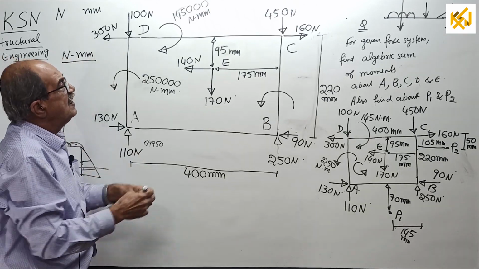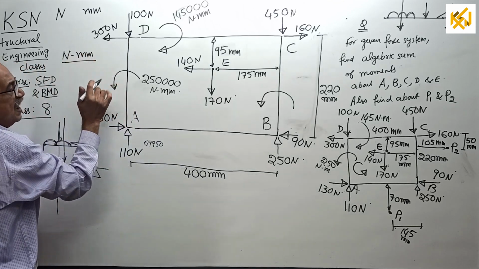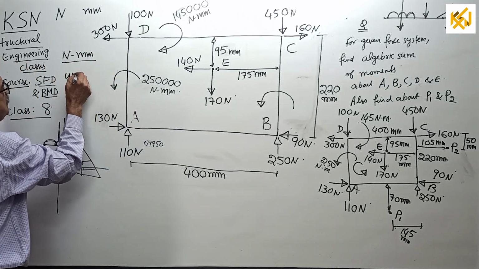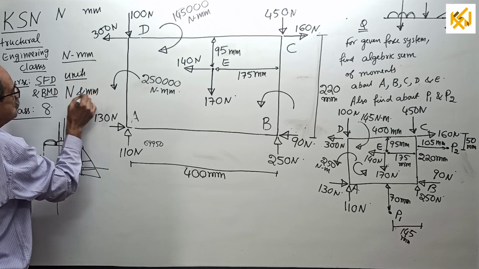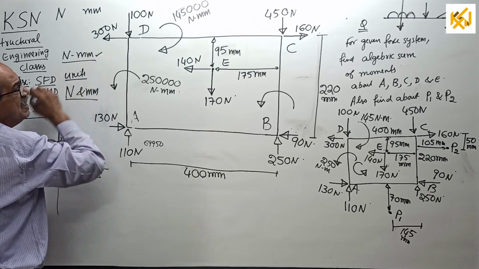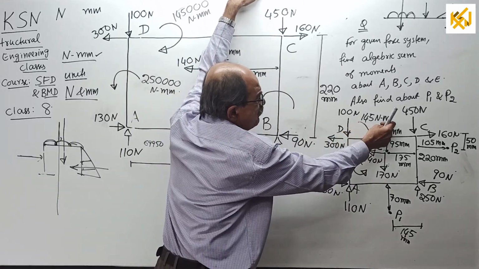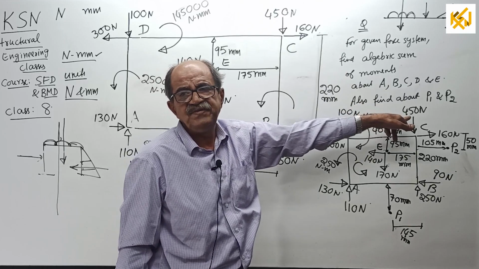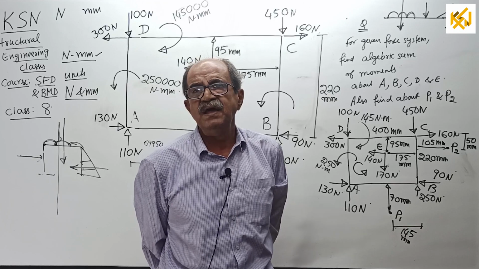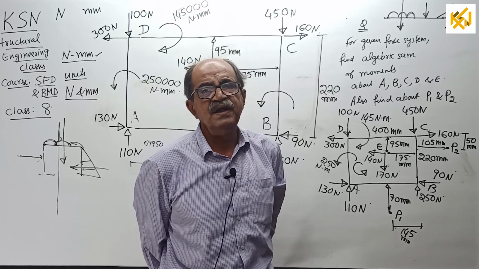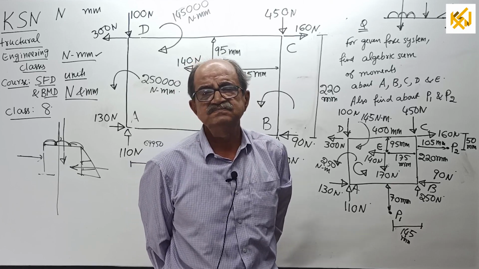Now you should be careful. See, all forces are given in newtons. Okay, done. So I will write here now: the units in which we are solving will be Newton and millimeter, so that every moment will come in Newton millimeter. But see, there is a couple given of 145 Newton meter. You cannot take it as it is. You can't add 10 meter plus, for example, 30 centimeter equal to 40. No, you have to convert either 10 meter to centimeter and add, or convert centimeter to meter and add. So what will I do now?